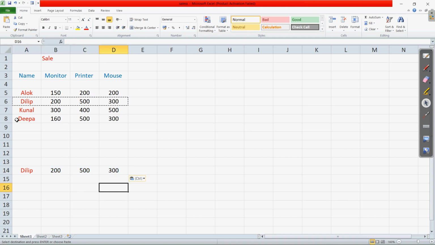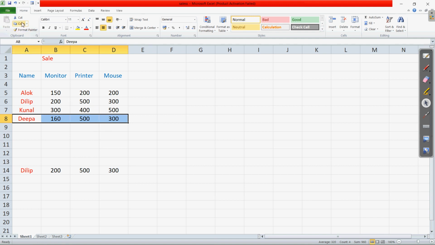Now suppose this is the cell which I want to cut, meaning to move from here. So this is the cell which I have selected. Then click on the cut button if you want to move. If I click on the cut button, this will again show with a dashed line.